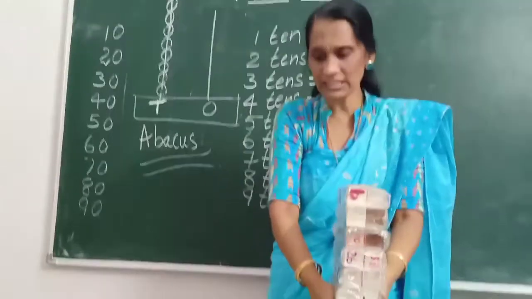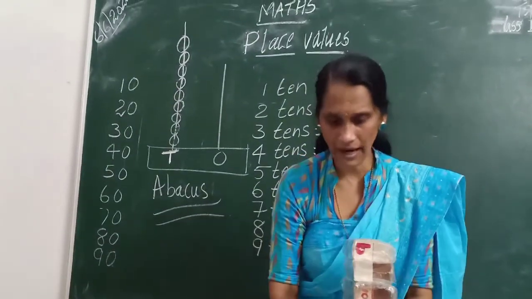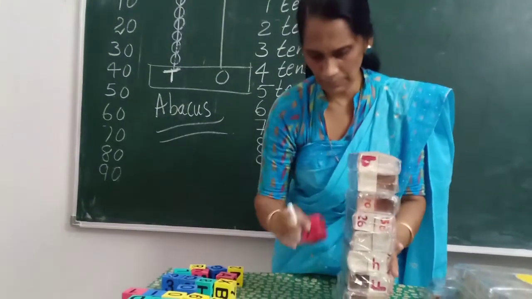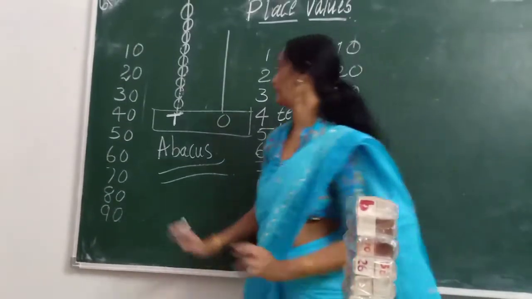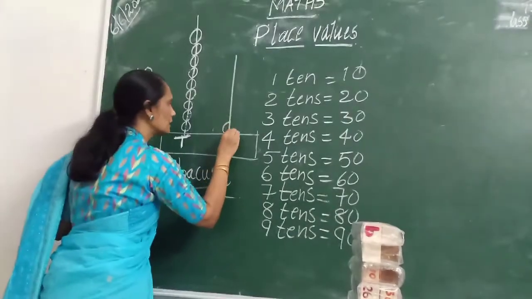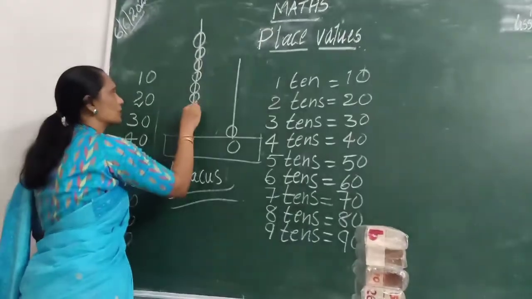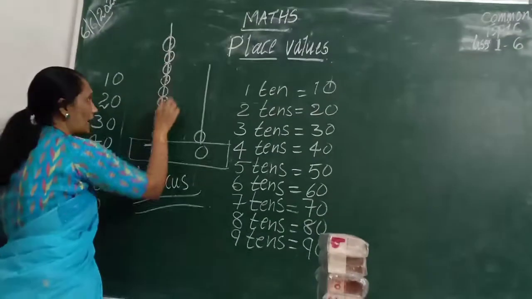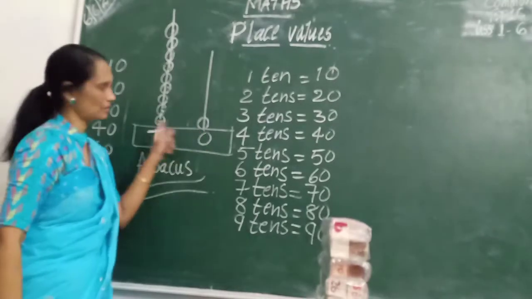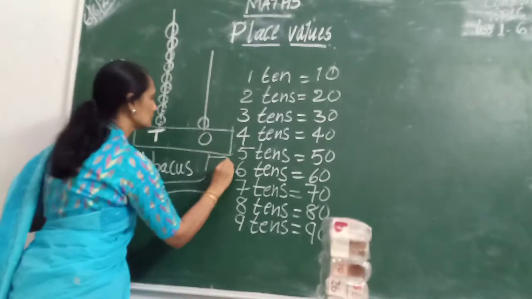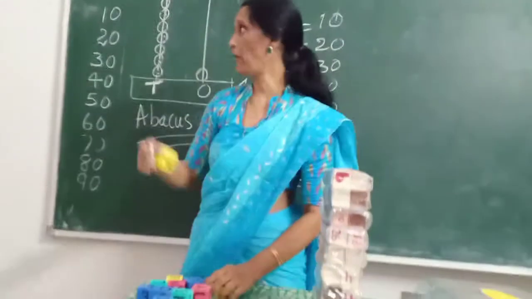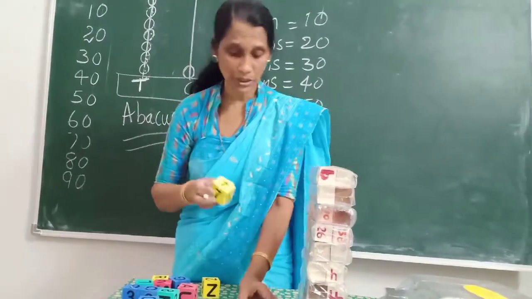Okay, I want to write 91. This is 90 and I show 91. How can I show it? 90 plus 1, 91. How can I represent this on the abacus? 90 is 9 10's: 1, 2, 3, 4, 5, 6, 7, 8, 9 beads, and 1. This is 91. How much did it become now? 91. Okay, if I want to represent 92, how can I write this?